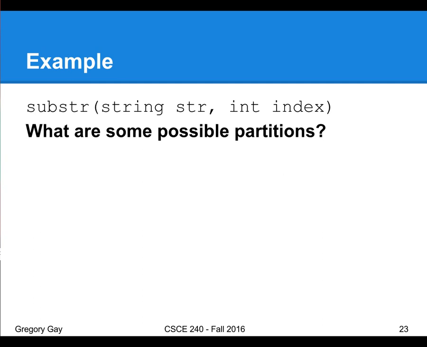We have two inputs here, right? We've got a string, we've got an index. Before I talk about ways people partition these, what are just some things you would try if you're going to test this function? Yeah, try an index of 0, right? It should just give you nothing back, right? Anything else? Something, maybe something greater than the length of the string, for instance, right?